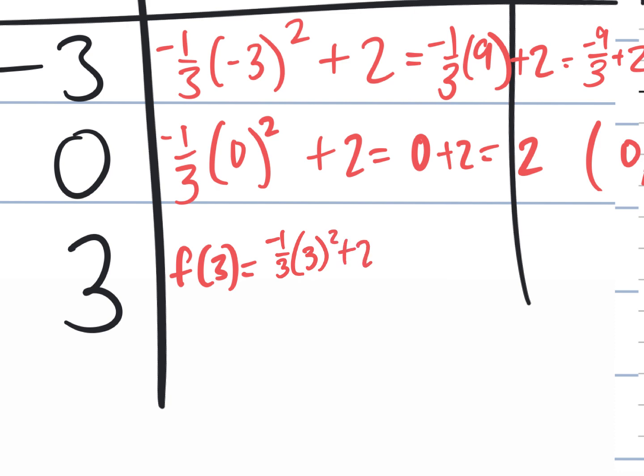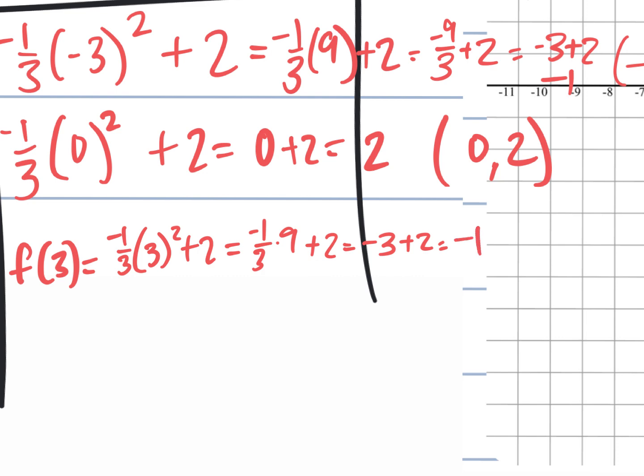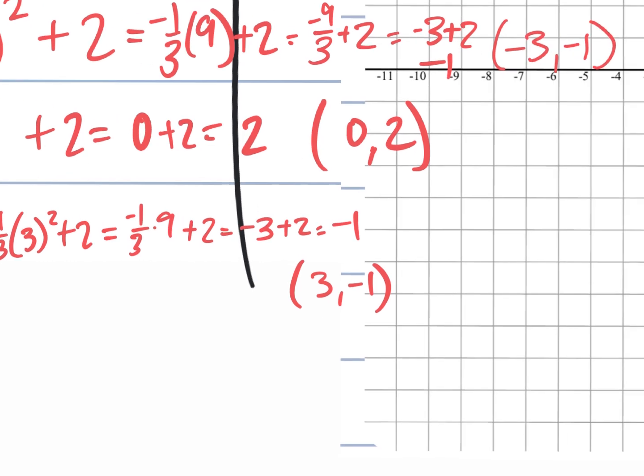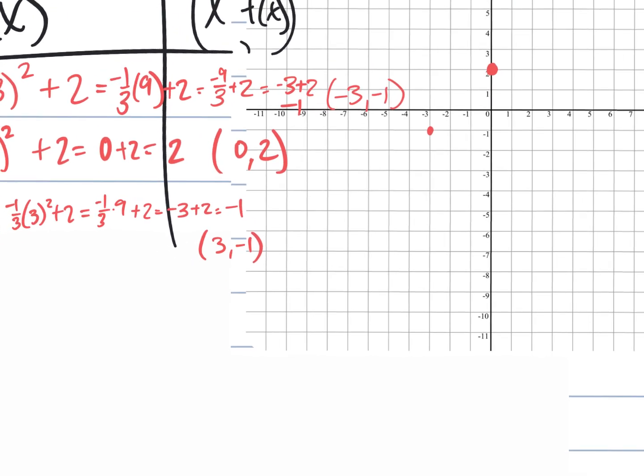They give 3 squared to give you 9. And then you do -1/3 out of 9. Give you -9/3. And then you divide by 3. It'll give you a -3 plus 2. Give you 1. Not 1. -1. There you go. -1. All right. What's your point? 3, comma -1. And when I put that point on there, 3, comma -1,